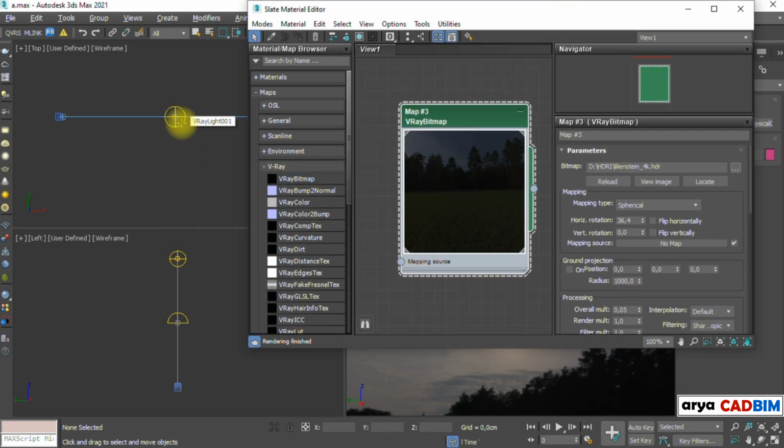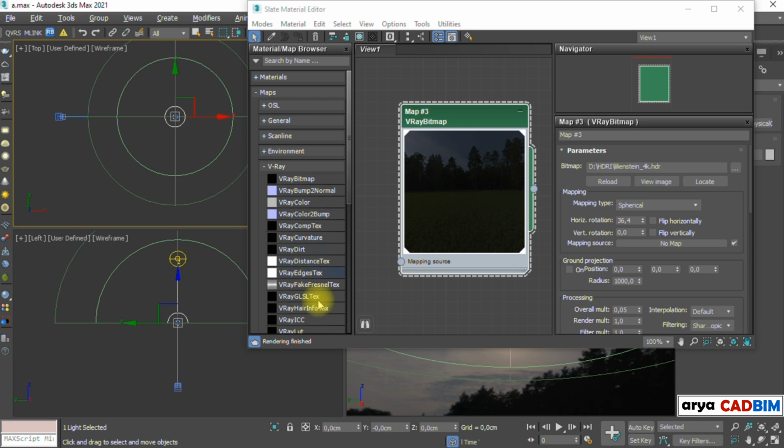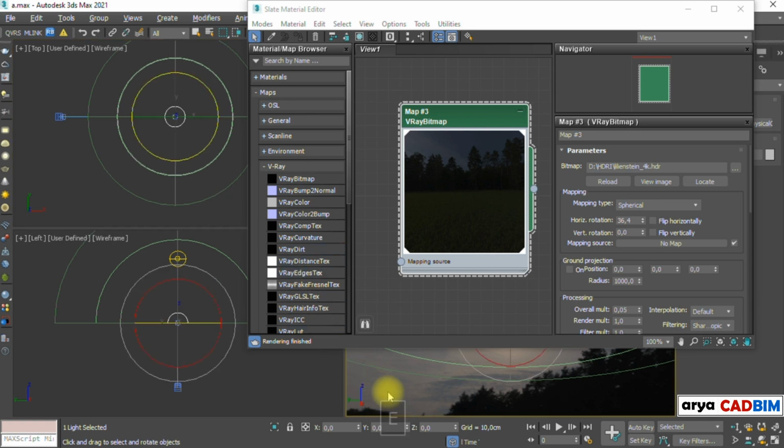First, we will link the V-Ray sun to the dome light, and then, we will use the parameter wiring feature for connecting the Z rotation of the dome light to the horizontal rotation of the HDRI map. But before doing the linking, we need to equalize these rotation values. The positive or the negative rotation directions for the dome light and the HDRI map are reverse. So, for the positive rotation value of the map, we are going to set the same number but as negative for the light. -36.4.